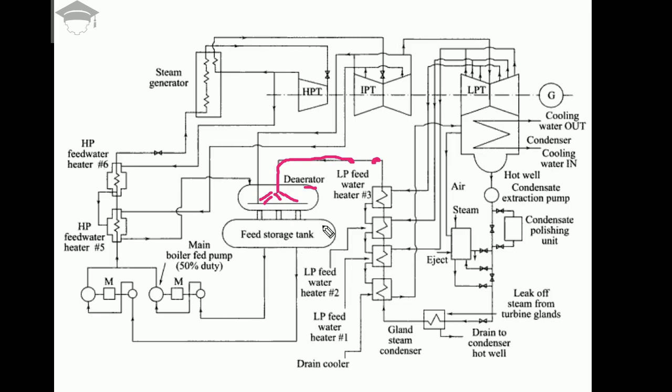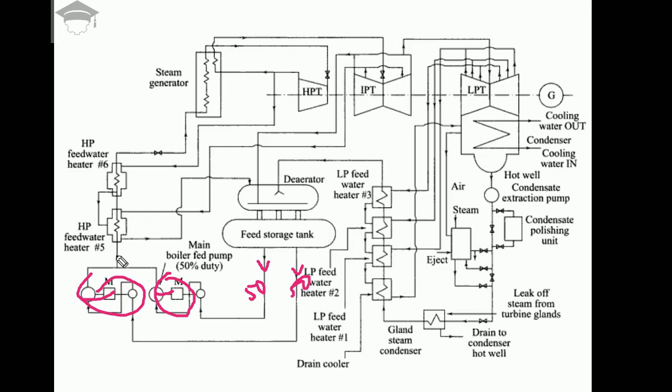Then this is the feed water storage tank. In this we have 100% hot liquid pure water. Then from this point we tap two lines, one line is this, one line is this. The total feed water is distributed in 50-50% capacities and moved on to the respective boiler feed pumps. So this is one pump, this is one pump. So 50% goes here, 50% goes here. This pump takes the 50% load and then circulates or forces the water.